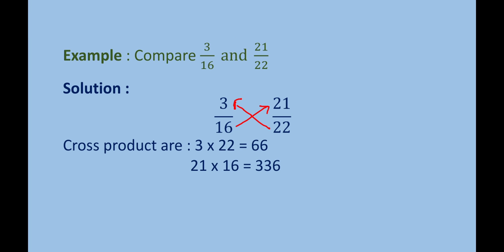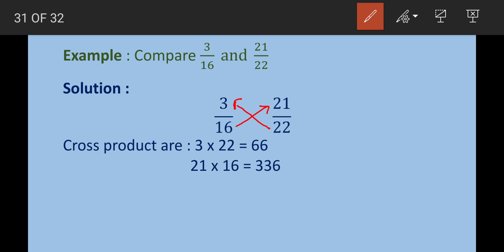So the cross products are, we have to multiply the first with the second. So 3 multiplied by 22 becomes 66, and 21 multiplied by 16 equals 336. Okay, we got the products. Next step,